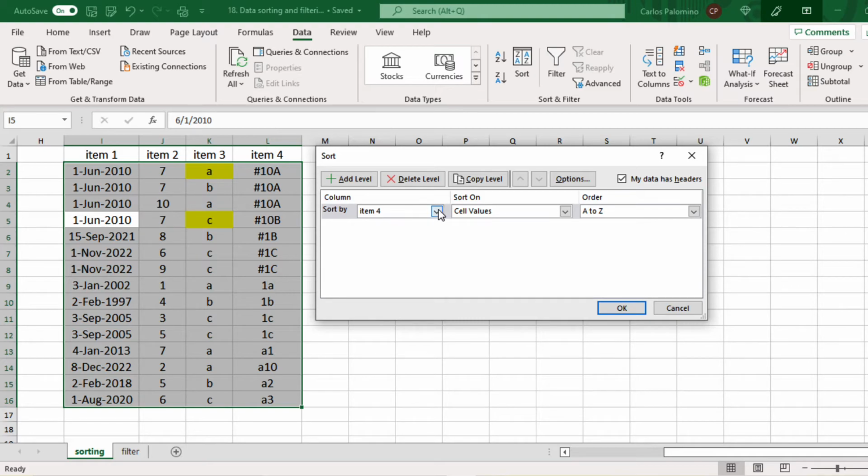You can select what column to sort using the first row as headers. Then the Sort On option allows you to define what you want to sort: values, cell color, font color, and cell icons. Then the order. This is similar to what we have used, ascending or descending order,